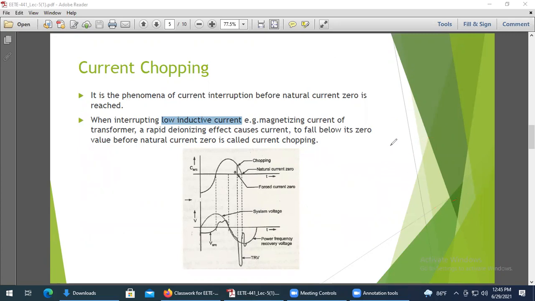So that means you have a transformer over here. The circuit breaker is actually connected on both sides of the transformer. Let's say this is 230 kV by 130 kV, a high voltage transformer. Somehow, due to some abnormal situation, this circuit breaker is open. Let's say this is circuit breaker 2. This circuit breaker is open.